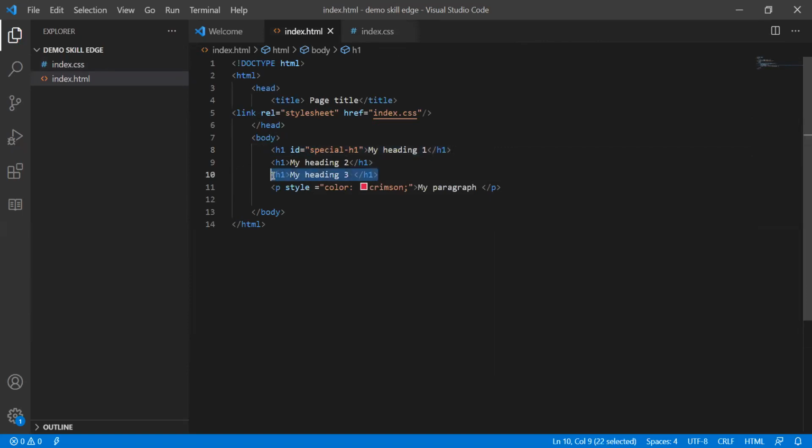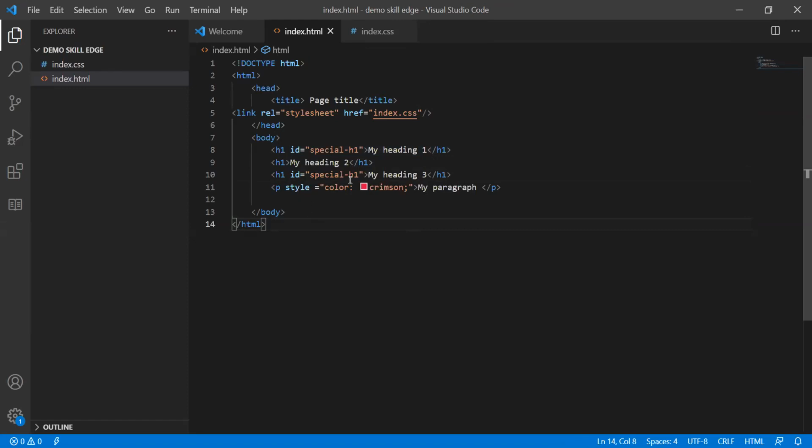Now we need to tell the CSS that based on this class value, we are applying the style for my heading 3 also.